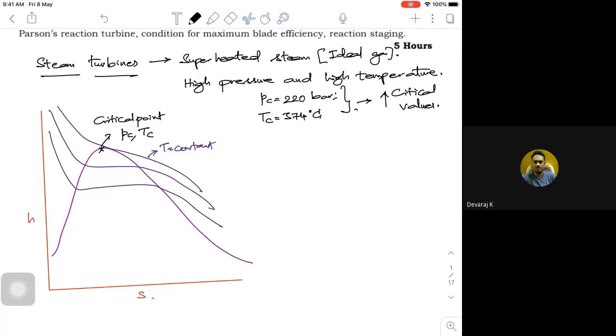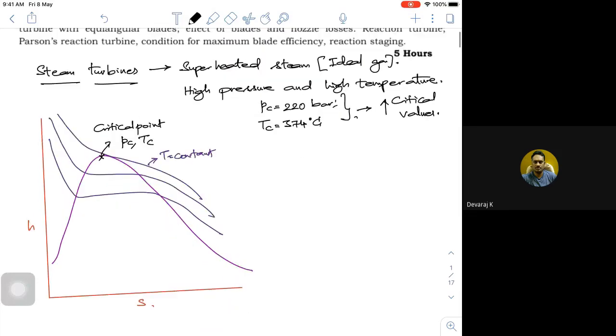So what we do in a steam turbine, with this high pressure and high temperature steam, that is the superheated steam, is expand it through a set of rotors and stators to extract